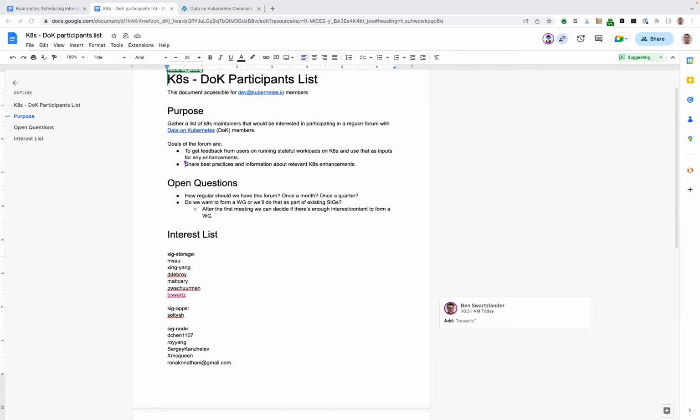I'd be interested to see how you're going to formulate the exit strategy. We have faced some back and forth on the batch working group as well, which I feel is similar to what you're trying to do, right? But for batch, and now this is for stateful, so trying to have a forum for. Yeah, that is a good question. I guess a working group is technically supposed to be temporary. I don't know, maybe this could end up turning into a more long-term thing. It's a little hard to say right now.